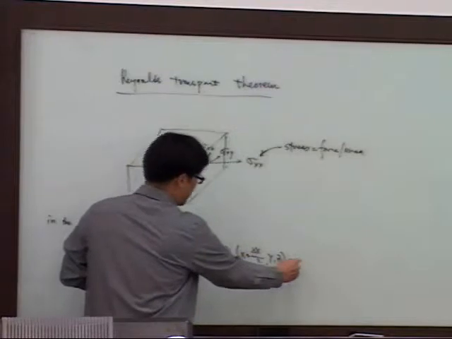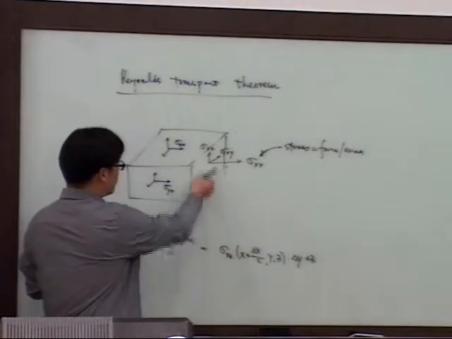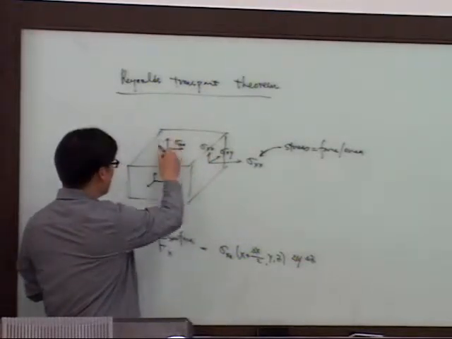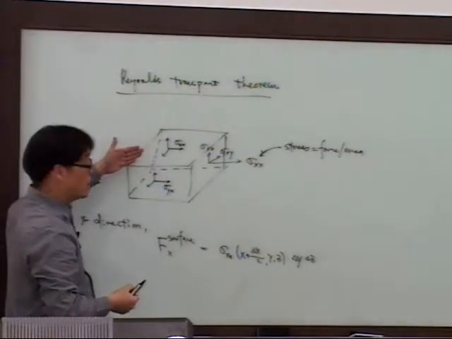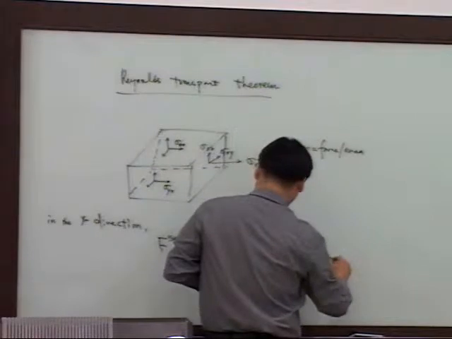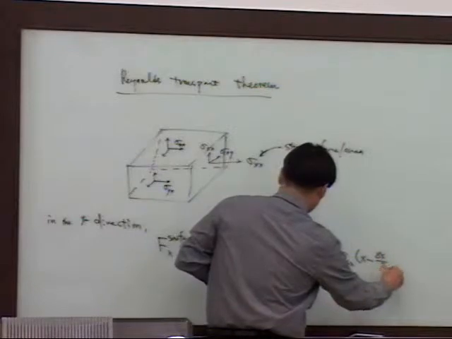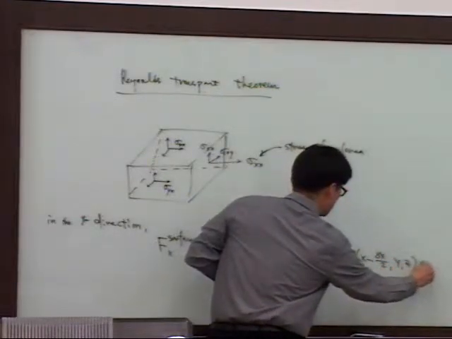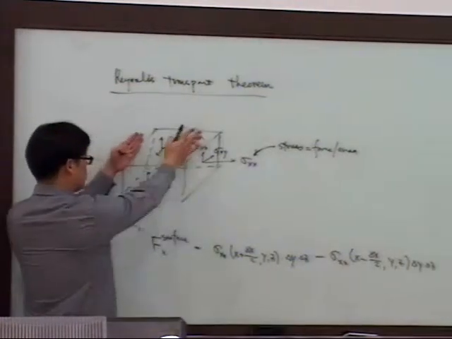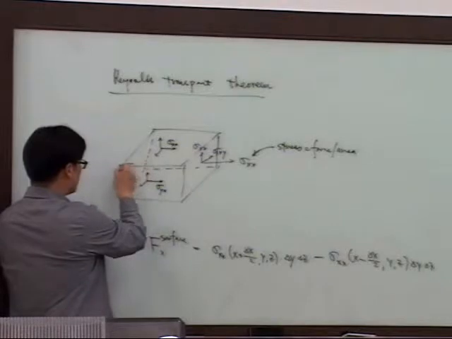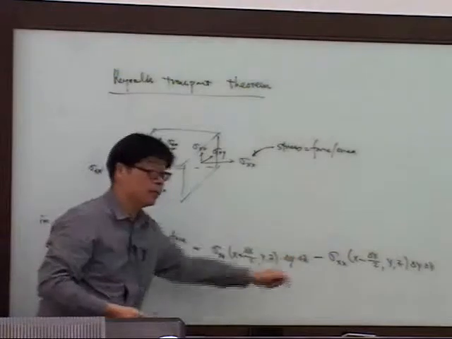This is stress, and then I have to multiply by area as before. So that's the x force here. And also I have to consider the other face, and that will give you a negative. So these are the 2 contributions from here and here, because stress in this direction is in the negative x direction. That's why I have a negative